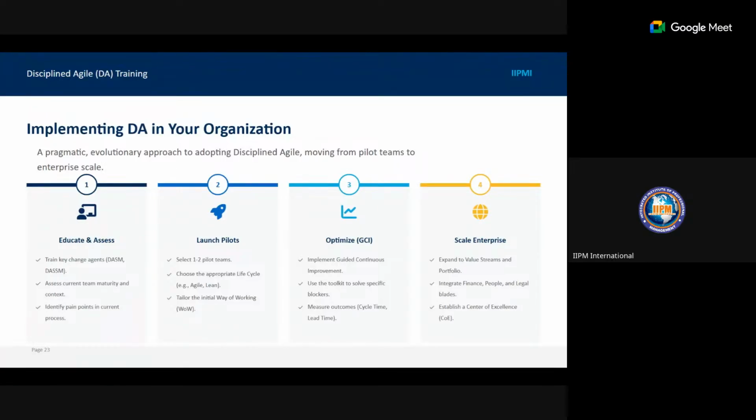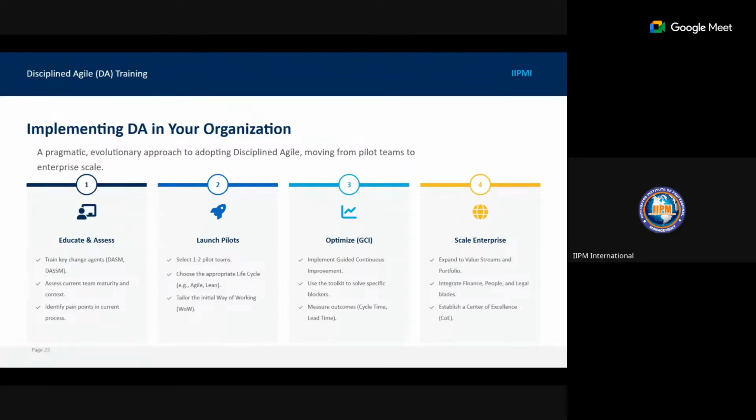Then assess current team maturity and context, and identify pain points in current processes. Then the next process is to launch your pilots. Select 1 to 2 pilot teams, choose the appropriate life cycle, either the Agile or the Lean, then tailor the initial way of working.